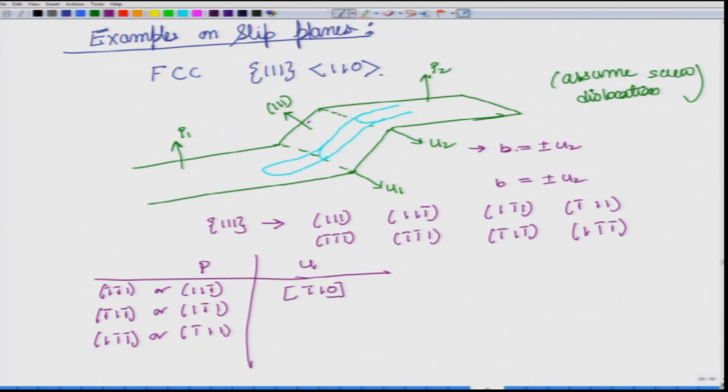If you take a dot product with this, it will also come out to 0. Again, the dot product of these two will be 0, and the dot product of this with 1 1 1 will also be 0. The third possibility of u is